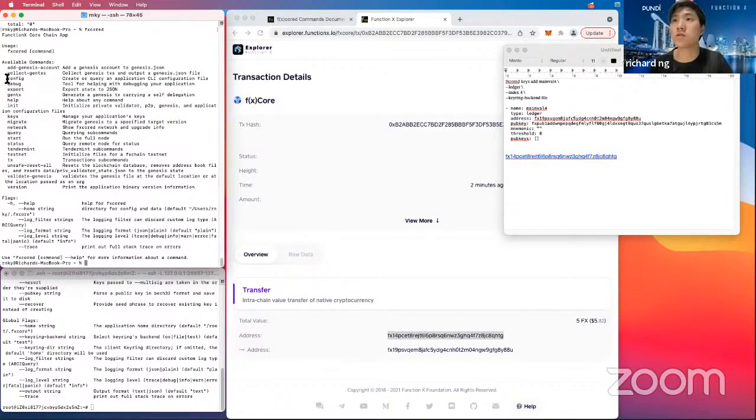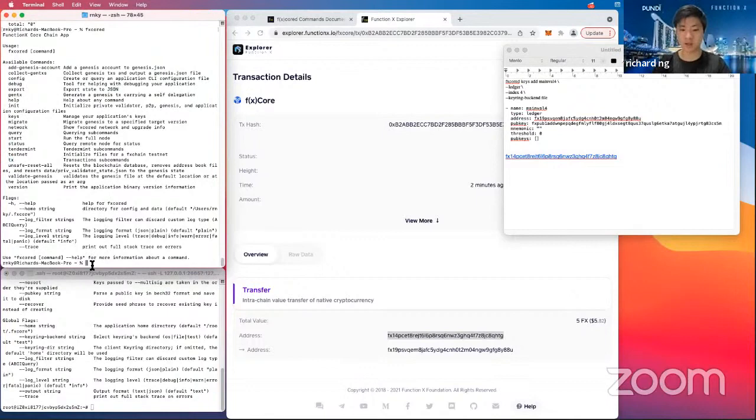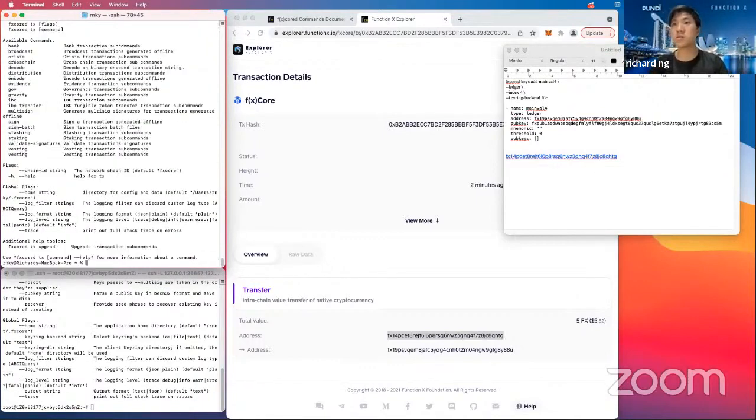Fxcored. Hold on. All right. Okay. So, transaction commands, right? So I'm trying to send some money back. Okay. So this opens up a list of subcommands. So fxcored transactions send